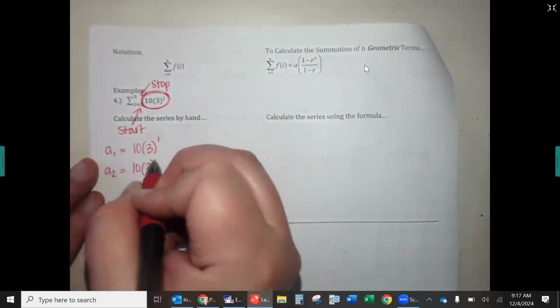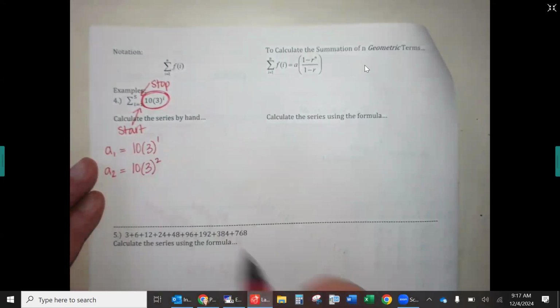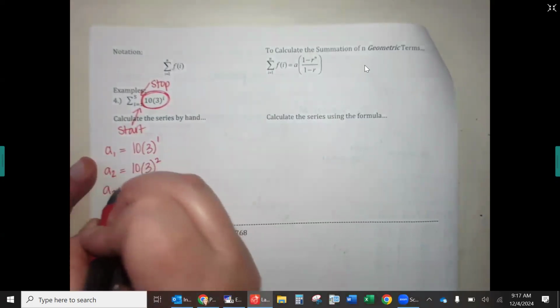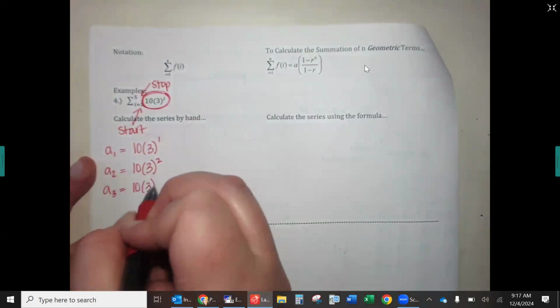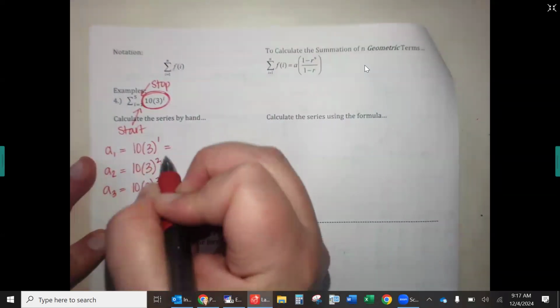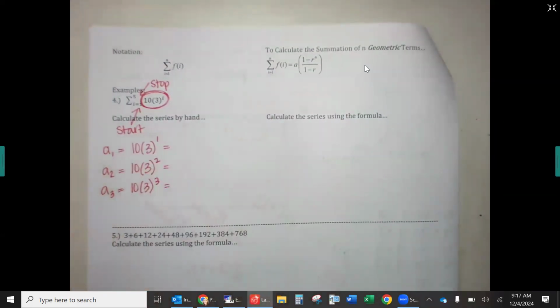Then it's going to be 10 times 3 to the 2. Then it's going to be 10 times 3 to the 3. And then once I have that many digits, hopefully I'll be able to see the pattern that I won't have to keep plugging in the formula over and over